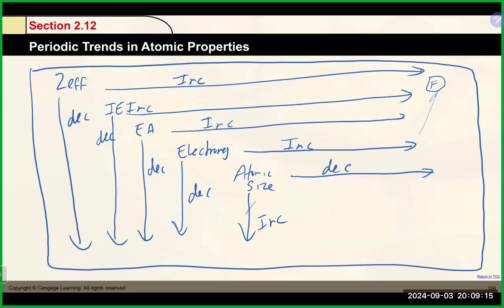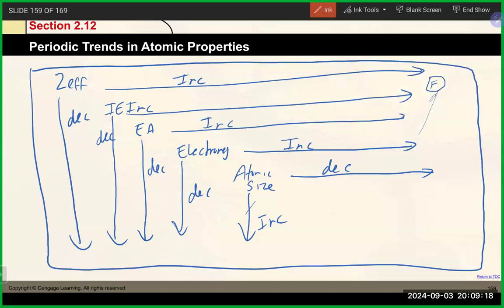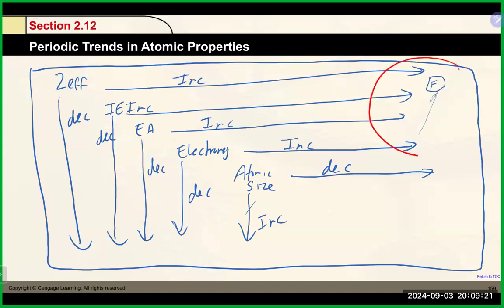If we think about the upper right of the periodic table in this area, we have things that have a strong or high effective nuclear charge. So even the outer electrons are feeling a pretty good pull towards the nucleus. Because of that, we have a much smaller size of the overall atom. And because of that, we have a very high ionization energy, which means they typically do not like to lose electrons. They have a high electron affinity, which means they typically would rather gain electrons. And they have a very high electronegativity, which means in addition to gaining electrons, they also like to bring